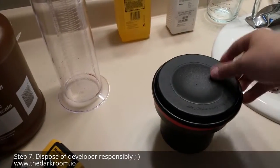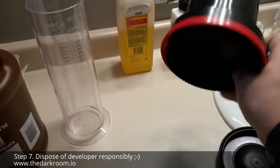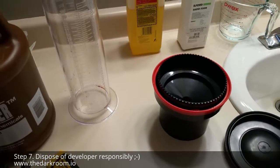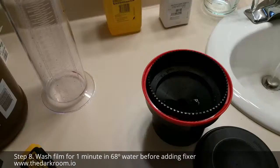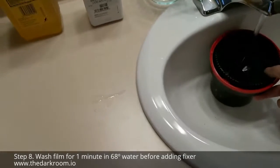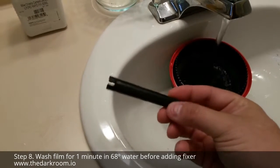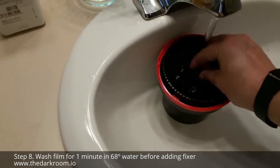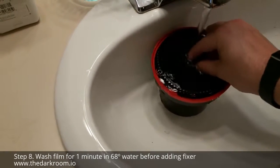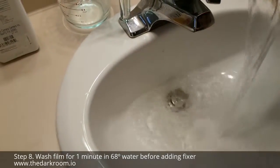Once you're done developing for 10 minutes, you'll take your cap off, and then you can dispose of the developer chemicals. Generally, you should probably put it into another container and dispose of it properly some other way. It's up to you. Once you've poured out all your developer, you're going to want to take your reel and put it under 68-degree water to wash it for about 1 minute. Take this little lever, and then you can pop it in and start to spin the reel so you can get actual coverage of all the water. Once 1 minute is up, pour out the water,